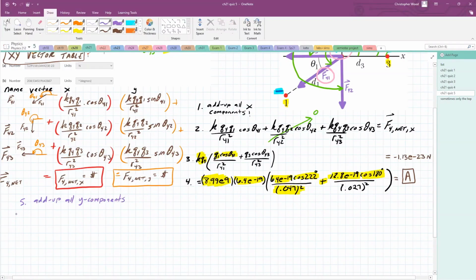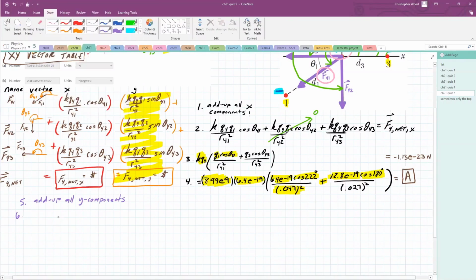Okay, number 6, here goes. Let me just brute force this through. And you can see it's not taking that much time. But if I add up all of these Y components right here, let me do this